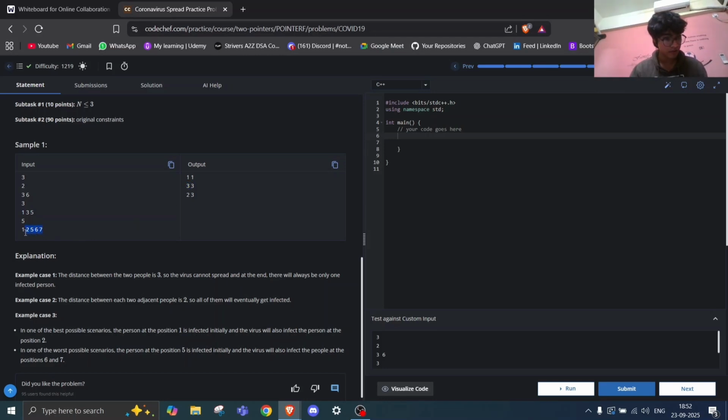In the next example, we have 1, 2, 5, 6, and 7. If the person standing at position number 1 gets infected, it would spread to position number 2 because the distance between them is 1. But if a person standing at position 5, 6, or 7 gets infected, it would spread to all three of them. So the worst case maximum number of people getting infected is 3, and the best case is 2, like the minimum number. So we have to code it